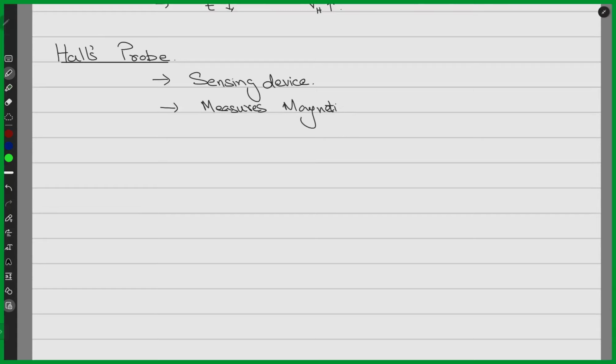It measures magnetic flux density, which is just B, the magnetic field, right? And so measuring the magnetic flux density gives us a value for Hall's voltage. And what we can do is take this Hall's probe. So let me draw. Again, the Hall's probe